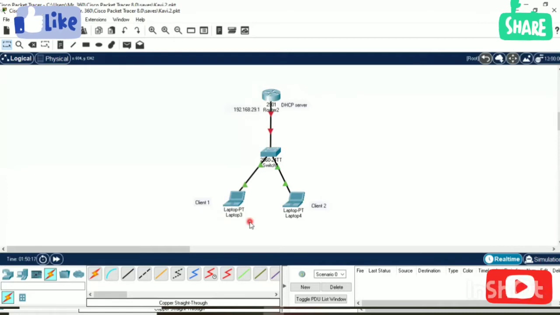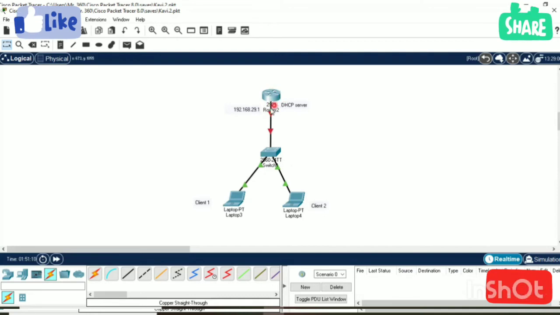We have two ways of assigning an IP address for a PC. Okay, so one is static and another is dynamic. Static IP addressing is done by the administrator or manually by the user, and dynamic addressing is done by a protocol like DHCP. So, for example, in a network, we have 1,000 computers, laptops. Statically assigning IP addresses for 1,000 PCs will take a lot of time. So, to save time and avoid human errors, we are using a DHCP server.